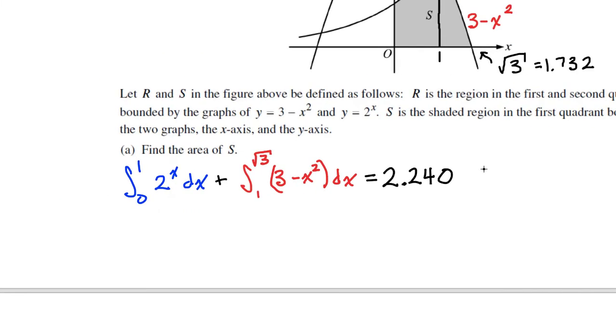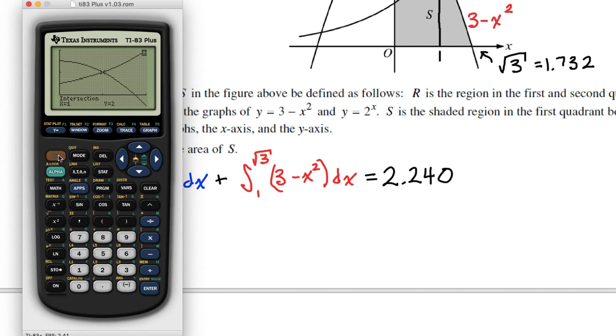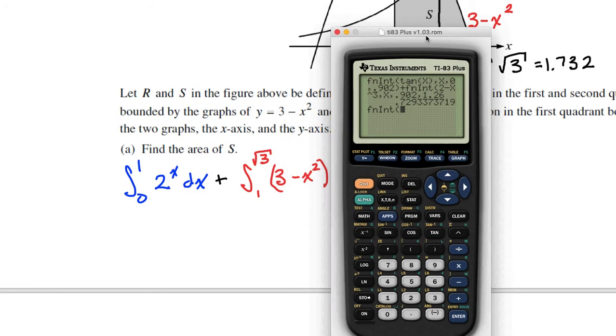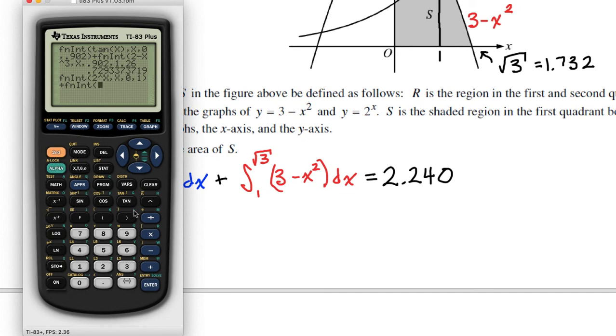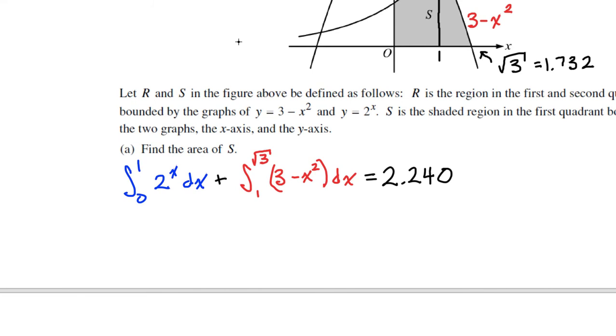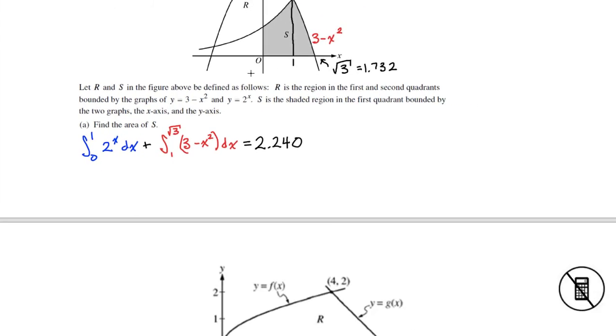2.240. Let's see if we actually can do that correctly. So I'm going to go second quit, and I'm going to do math 9 integral of this 2 to the power of x with respect to x from 0 to 1 plus math 9. It's going to be probably faster to go vars right, enter 2 with respect to x from 1 to 1.732, and hopefully get 2.240. There it is, 2.240. All right, that was number 3, and now we're on to the backside with no calculator,